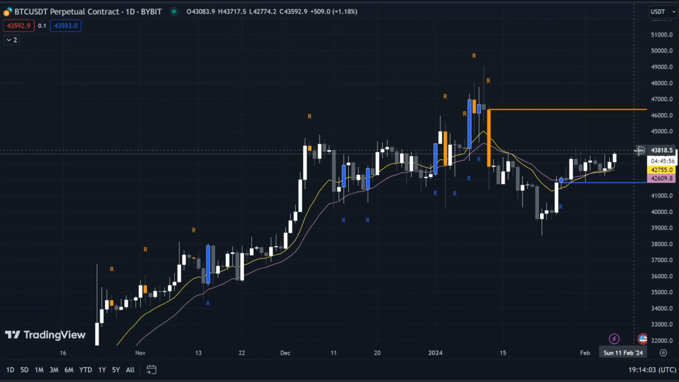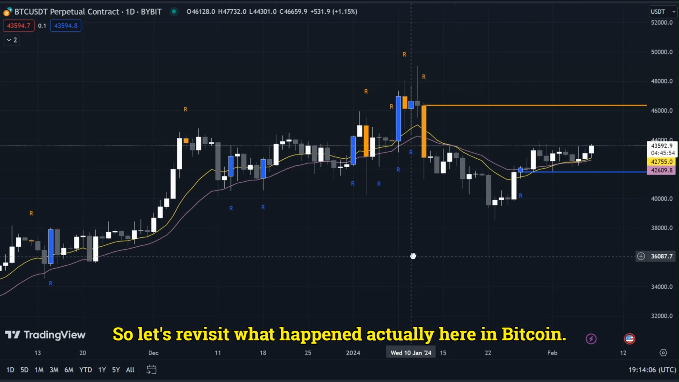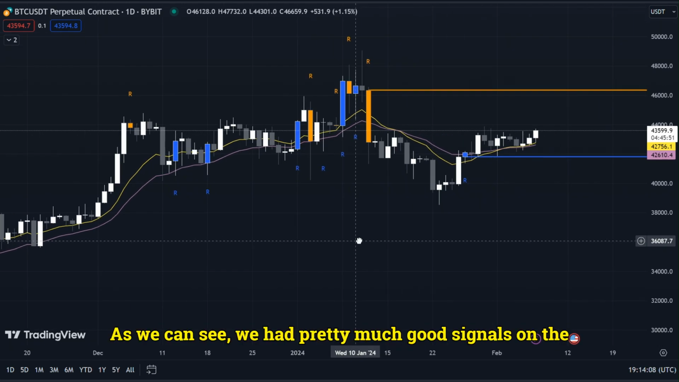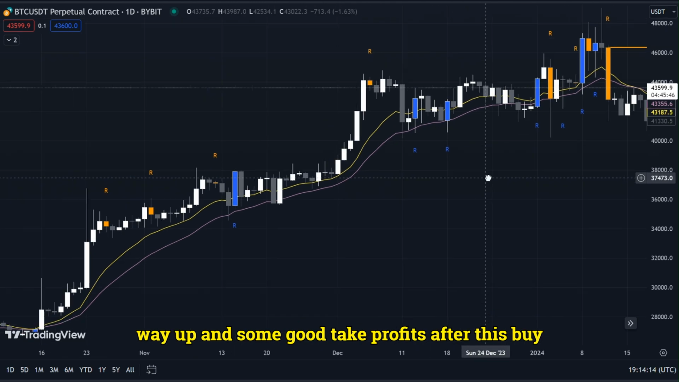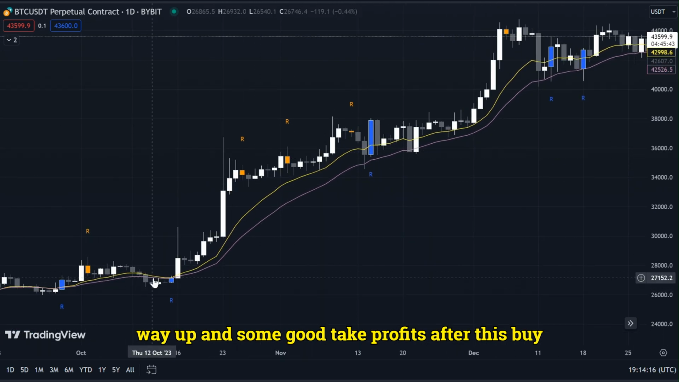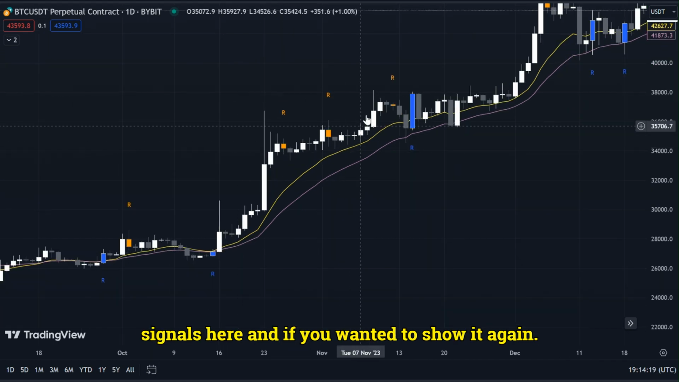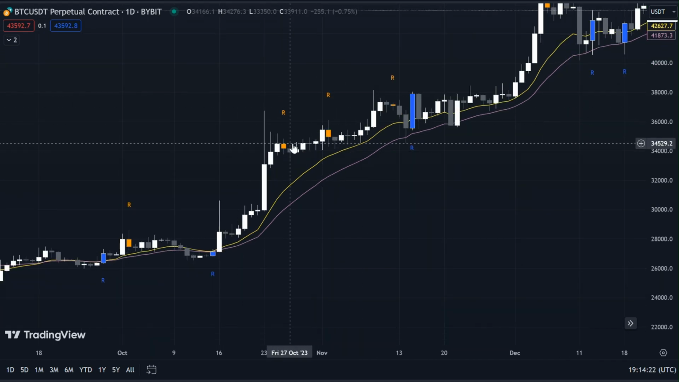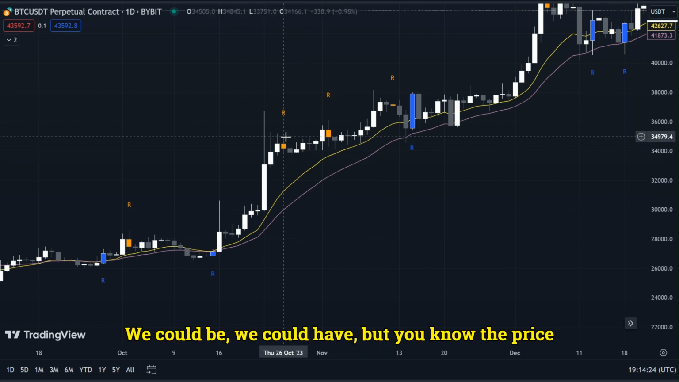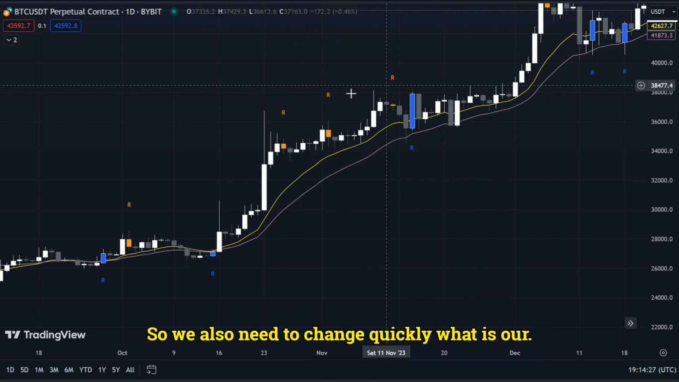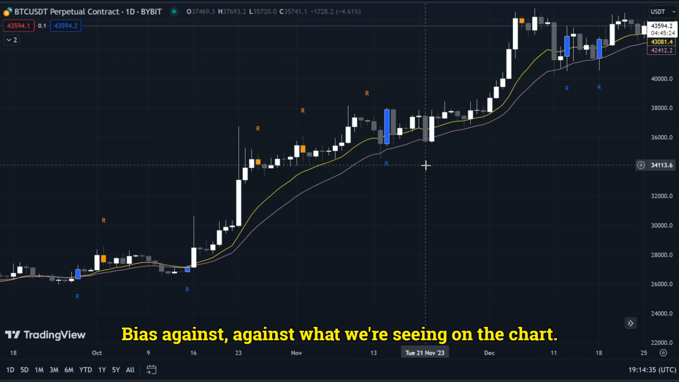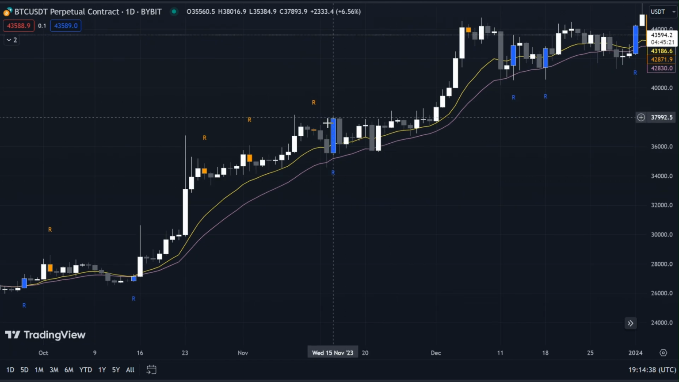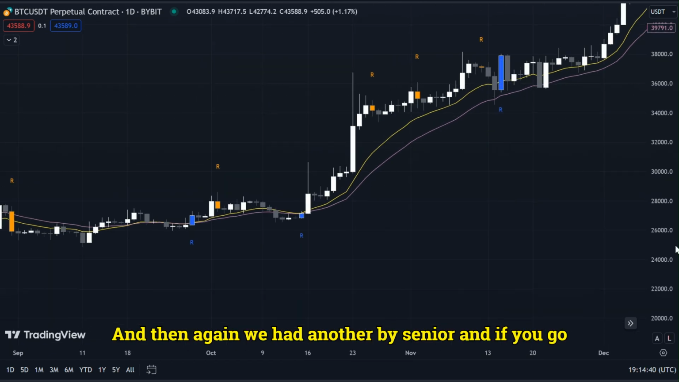So let's look at what actually happened here in Bitcoin. As we can see, we had pretty good signals on the way up, and some good take profits after these buy signals here. And if you wanted to short again, we could have, but you know, the price went up, so we also need to quickly change our bias against what we're seeing on the chart. And then again, we had another buy signal,